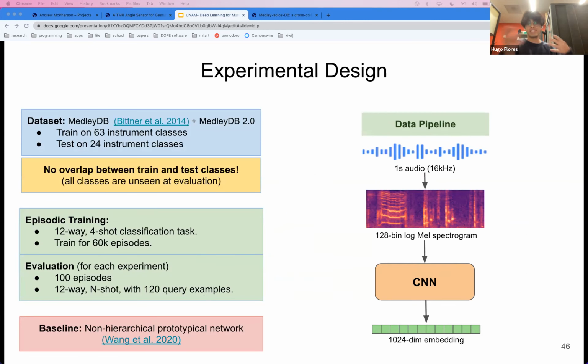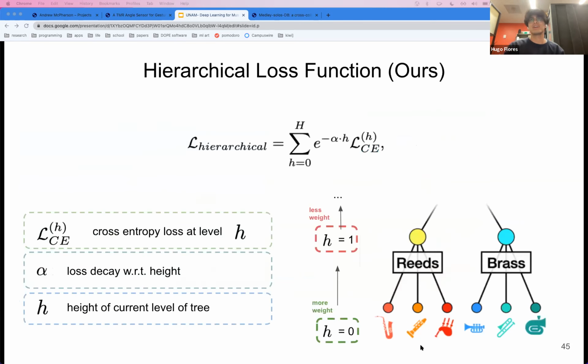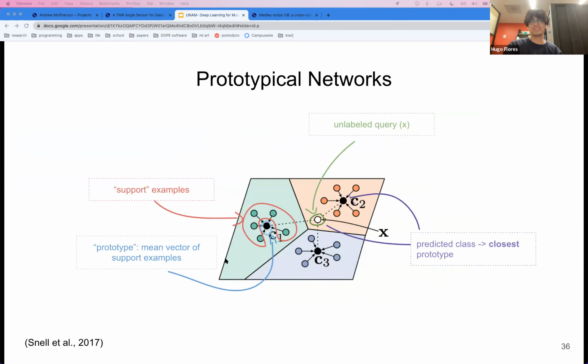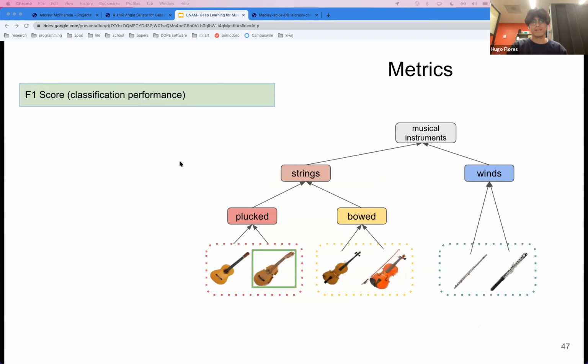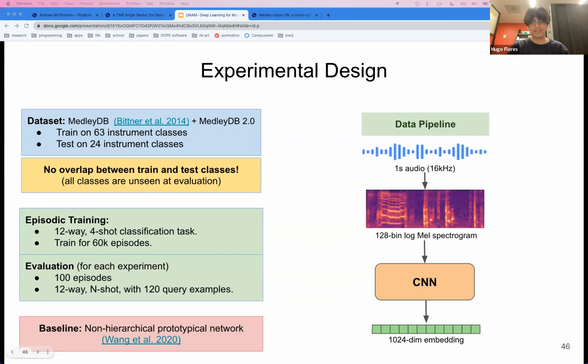So we trained both the baseline model, which is a model that does not use hierarchy, and our proposed model, which incorporates several levels of hierarchy. And we trained each of them on a 12-way 4-shot classification task. So every training step, we would grab 12 instruments from the 63 instruments